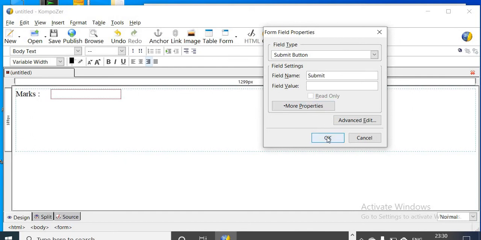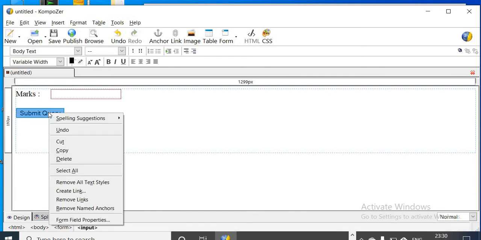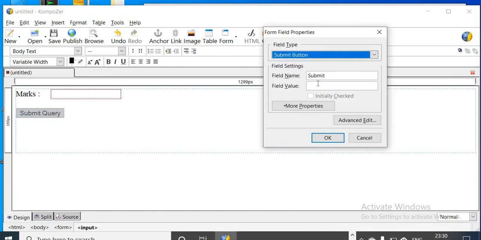If you don't write the field value and click on OK, the name of your submit button will be submit query. Not to worry, you can right click this submit button, click on form field properties, click on value, and type submit.